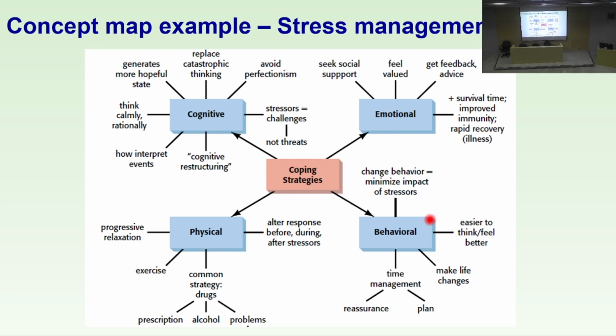For example, here, types of coping strategy. Main type, cognitive, see the arrow mark. So this shows these are the four types, and in cognitive these are the different types. Either you can put an arrow mark or not here, it's up to you, but these are the subtypes. Let us take one more example: